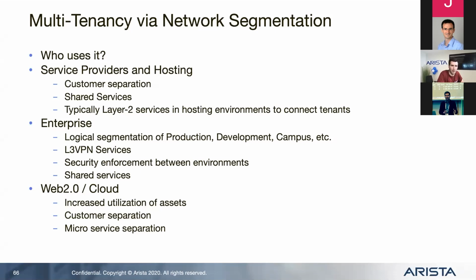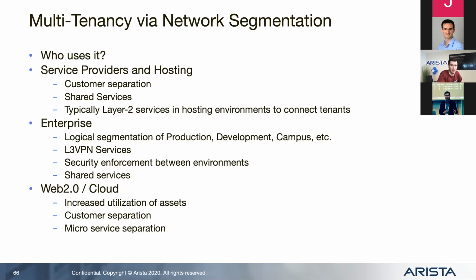Enterprise customers typically use this to logically segment production, development, campus, non-prod, whatever it might be, from one another. So fairly typical is for an enterprise customer to have maybe 4 to 5 different VRFs that they need to span. How do they do this today? They're usually doing this via layer 3 VPN services that might be provided by MPLS, or they might be doing it with VRF Lite, or today they might be physically separating their environments and probably not making best use of